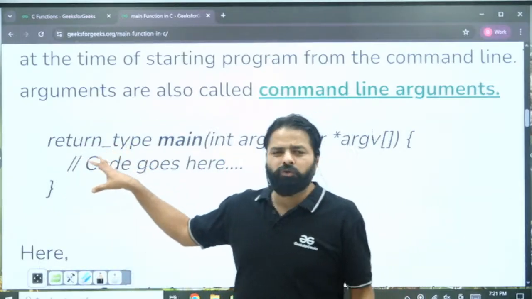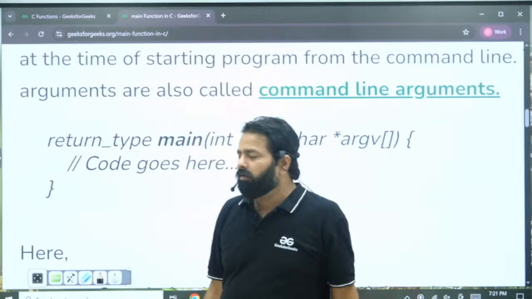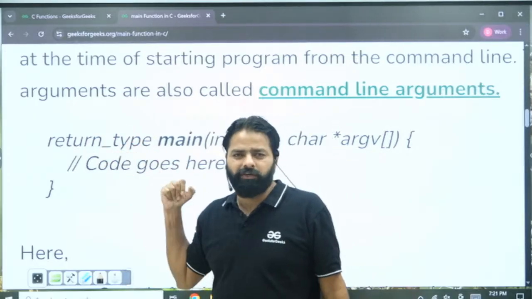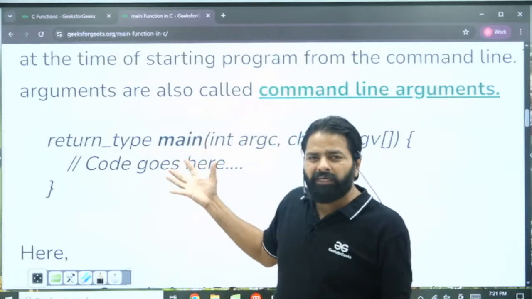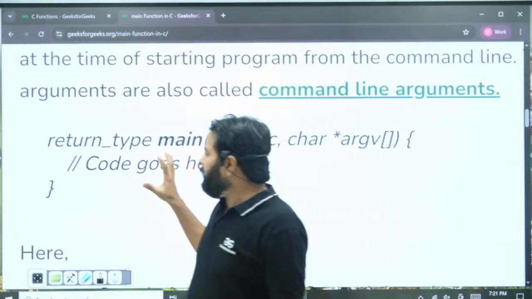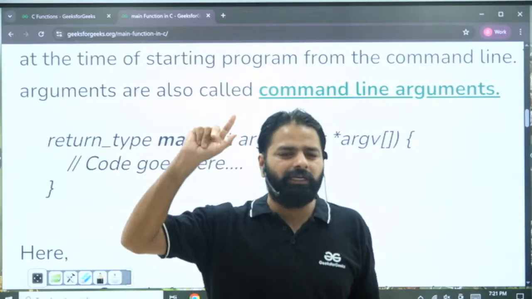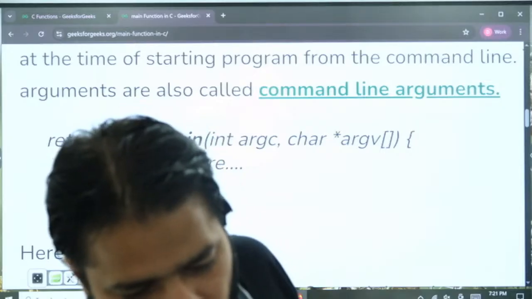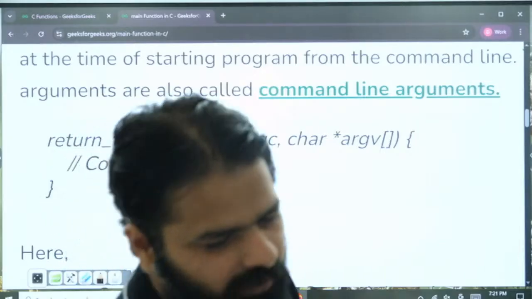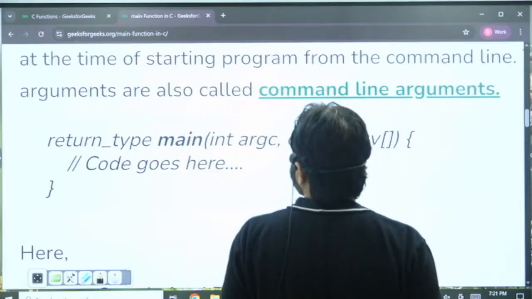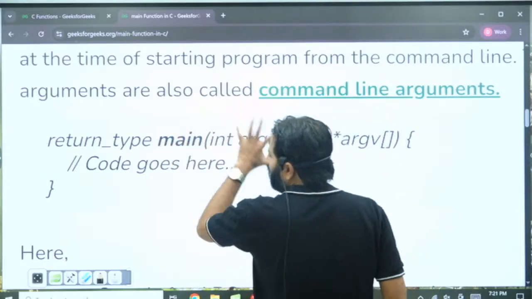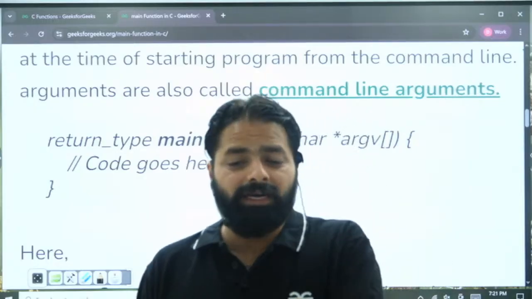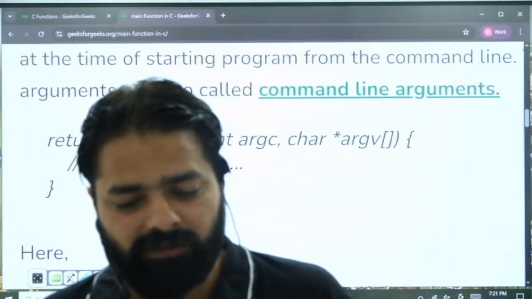And the return type, you can write void or int, it is your choice. If you write void, then no need to return. If you write int, you should return some integer value. So this is how the main syntax is designed. Is this user defined or built in? Anybody? Is the main function a built-in type or user defined type? I just want to know clearly, what are you thinking about this function?